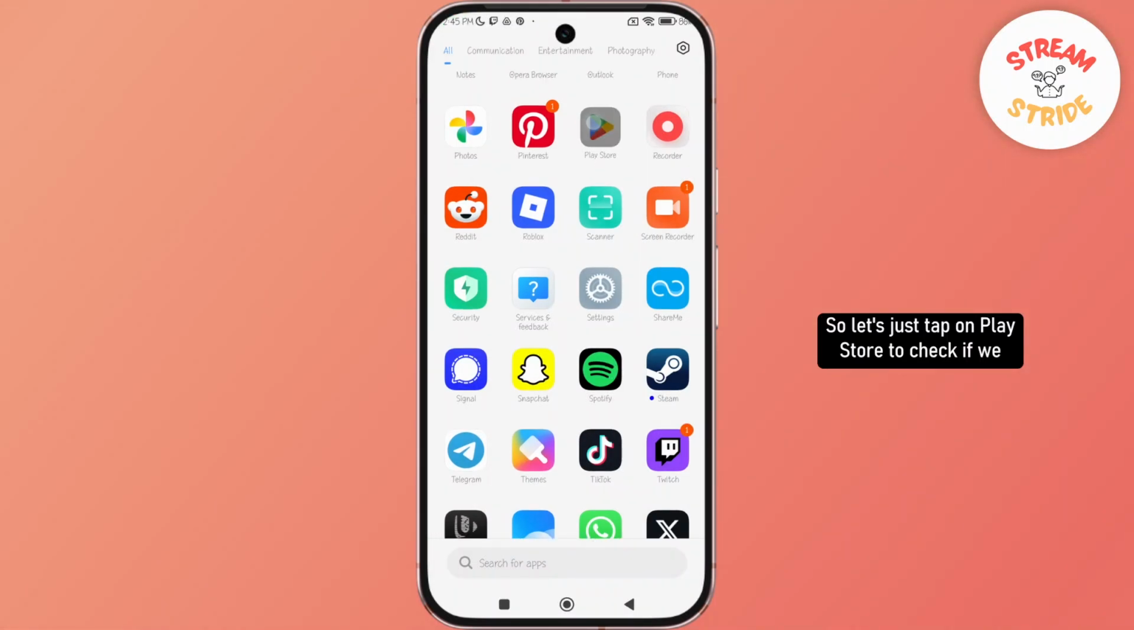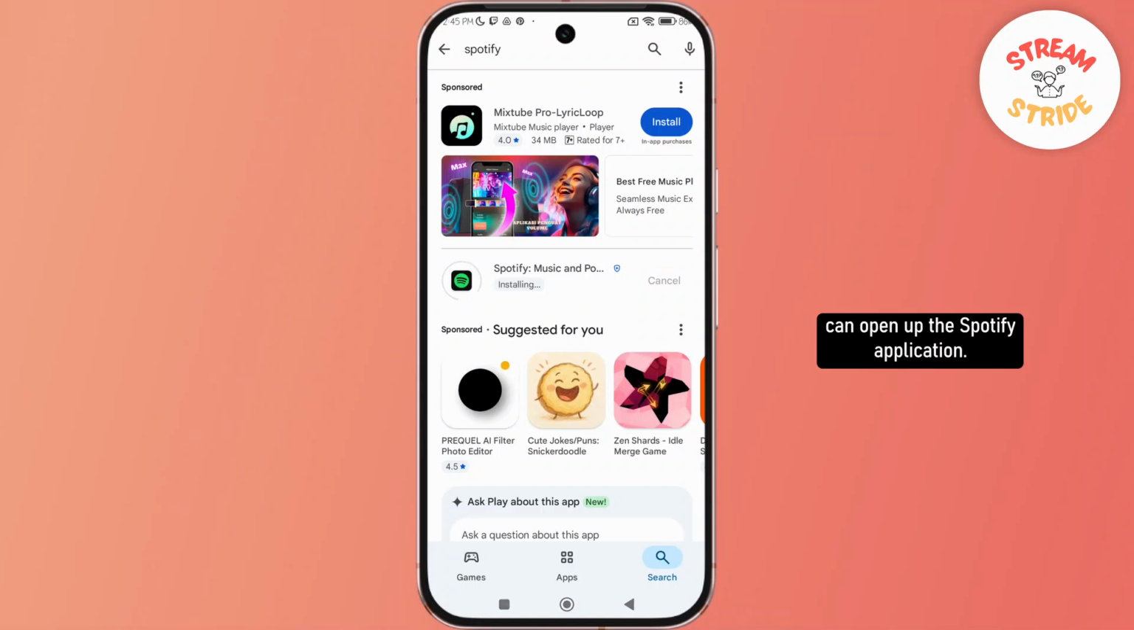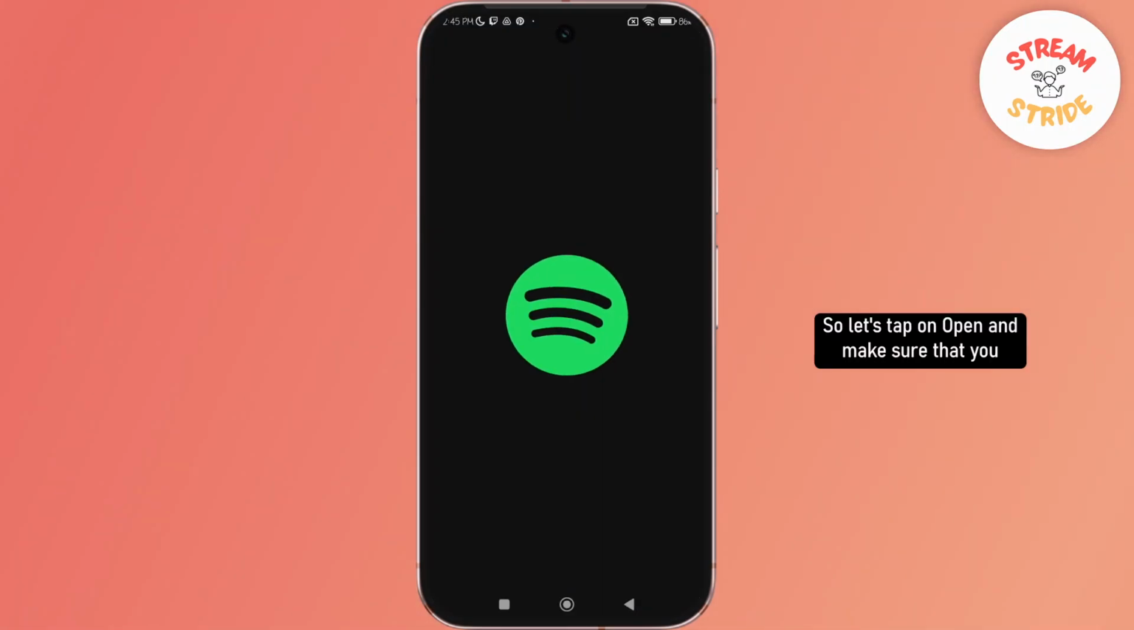So let's just tap on Play Store to check if we can open up the Spotify application. It's still installing, so let's wait again for a few more seconds until it gets updated and installed the latest version of the Spotify application on the device. So let's tap on open and make sure that you have logged in with your particular account that you want